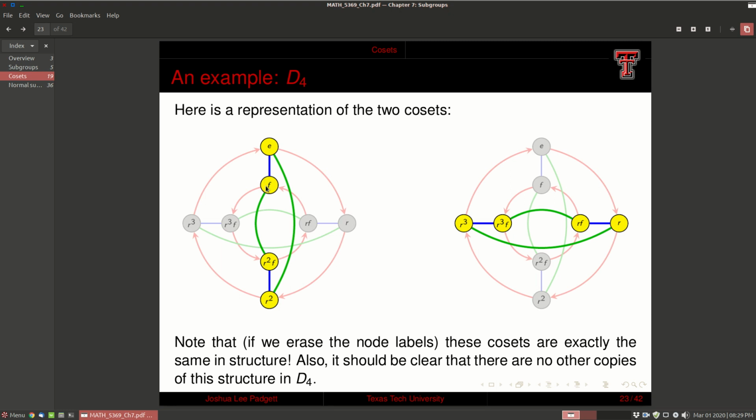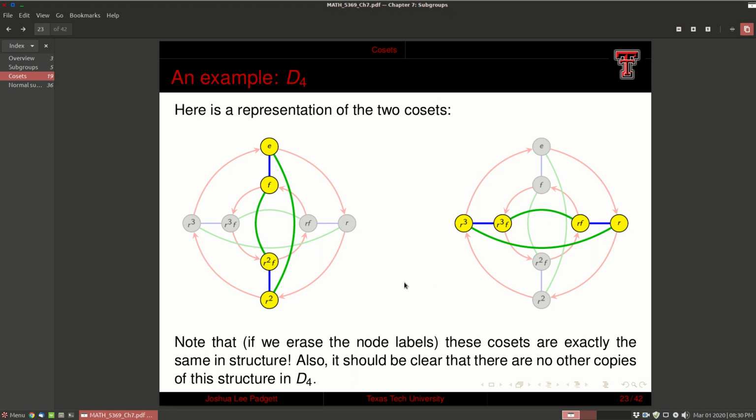Well, the original subgroup H is on the left, this vertical highlighted diagram where I go E to F, E to R squared to R squared F, and then R squared F back to F. So green represents R squared, blue represents F. Now what we can see is there's also another thing that goes blue, green, and this is exactly this hemispheric orbit on the right. Now it's not a subgroup because there's no identity, but it's an exact copy,